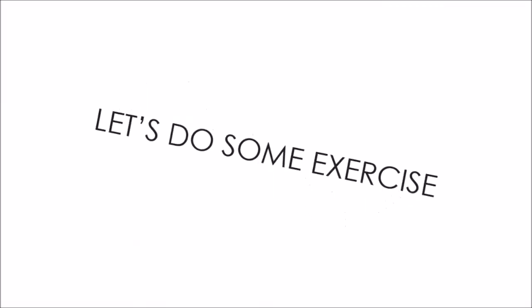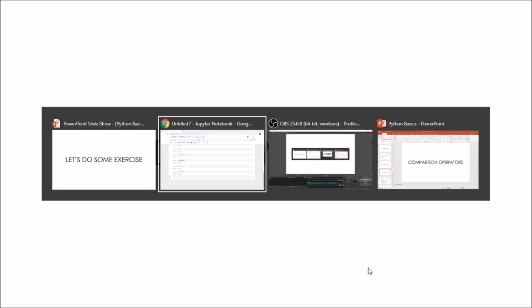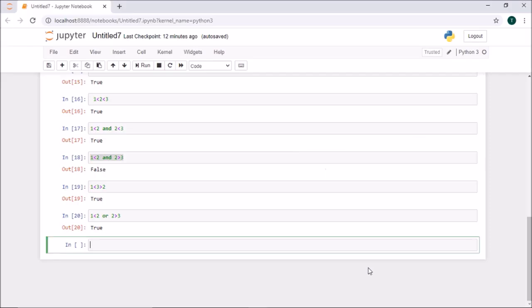So we'll move on to the Jupyter notebook and do some exercises. As I mentioned, we'll be using a condition. If that condition is satisfied, then do this. Else if the condition is not satisfied, do this. If neither is satisfied, else do this. Right? So let me go with the first example, a basic one.